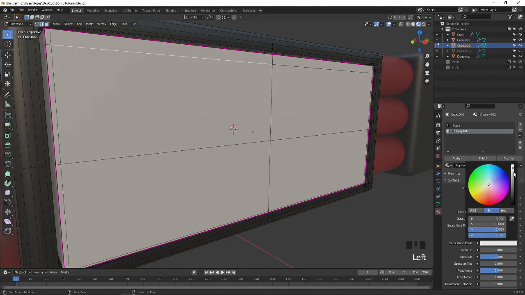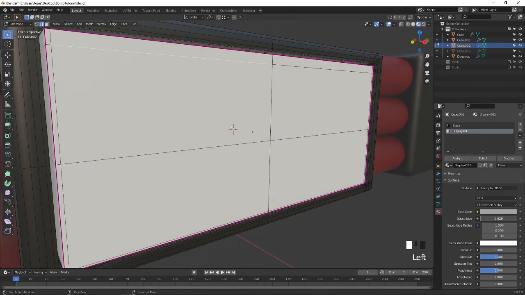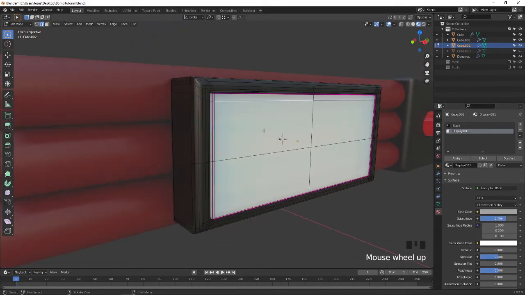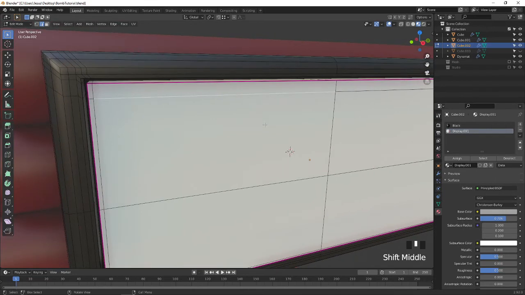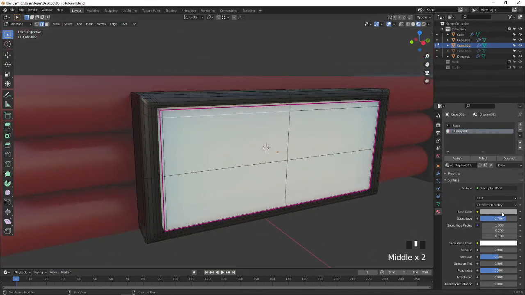And the subdivision also, I make it a little bit whiter, and I'm going to increase the surface. I'm going to make this color a little bit whiter also.